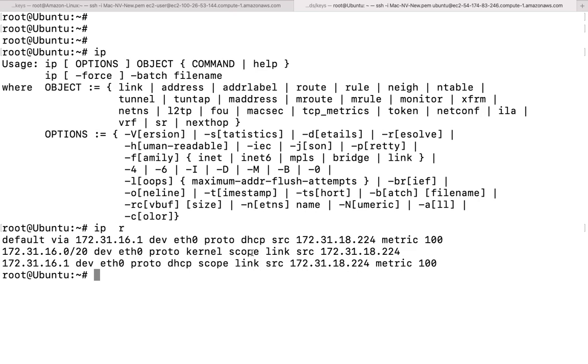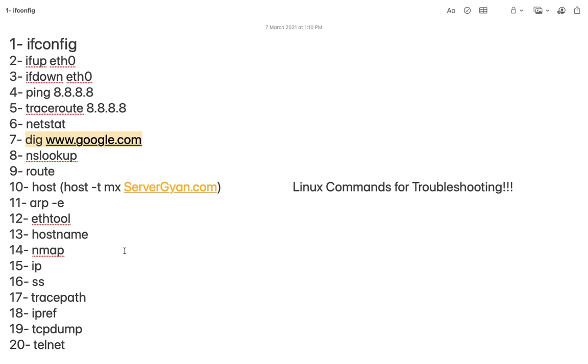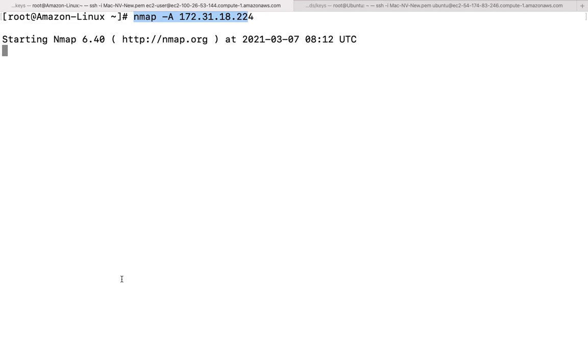If I run the ip r command, it's going to tell me the IP address, what the source is, and the remaining options here that I can check out. So this is the particular IP address of my operating system with the help of the ip r command. After that we talk about the ss command, which is known as socket statistics.